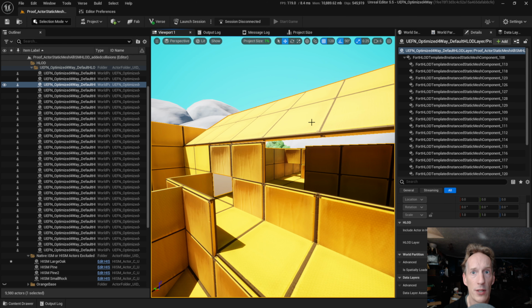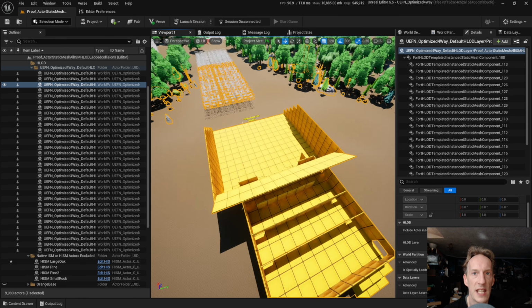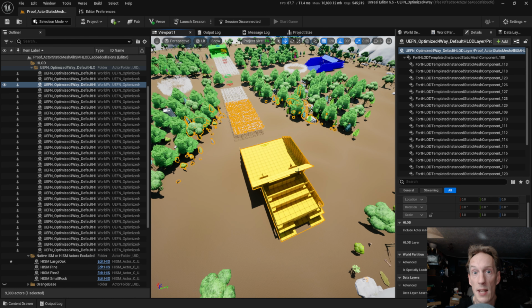You could import whatever type of static mesh you want here. The advantage with the instancing is going to be there regardless, as long as you're using more than 2 to 3 meshes in a cell or on an ISM component. We covered in one of the earlier talks how each component itself has overhead. So a single static mesh, if you only have one of them in a cell, will be cheaper to render as a static mesh, or cheaper to store